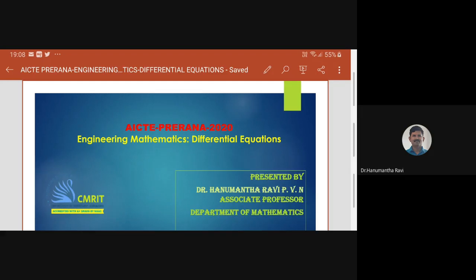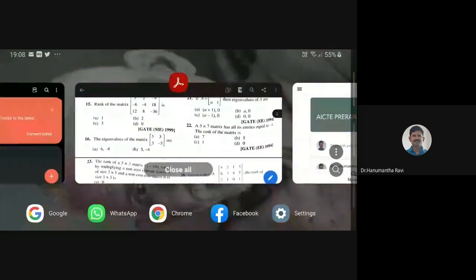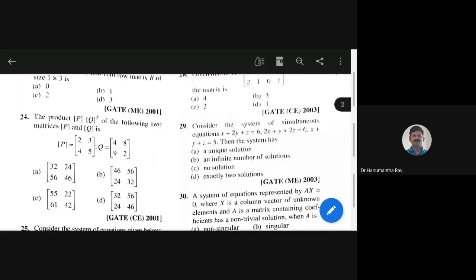Yeah, right. So today we will discuss ordinary differential equations. So far we have discussed linear algebra, I mean the matrices and eigenvalues and eigenvectors and related problems. We spent 1 hour on this one, and later we will shift to a problem solving session. We already solved up to 45 questions during our last session.